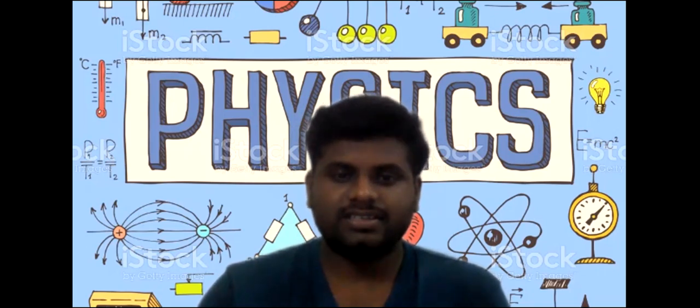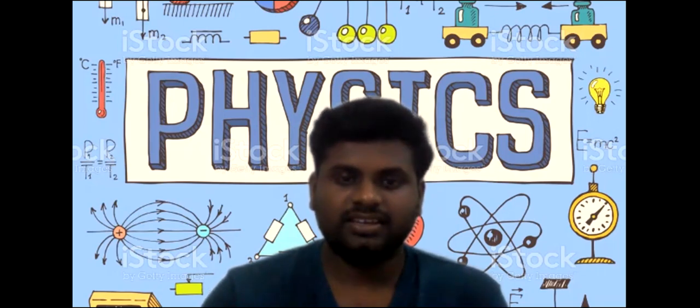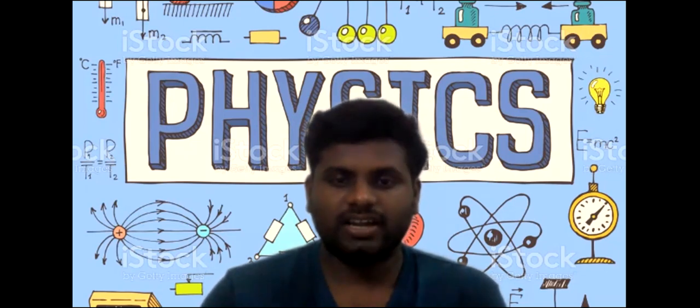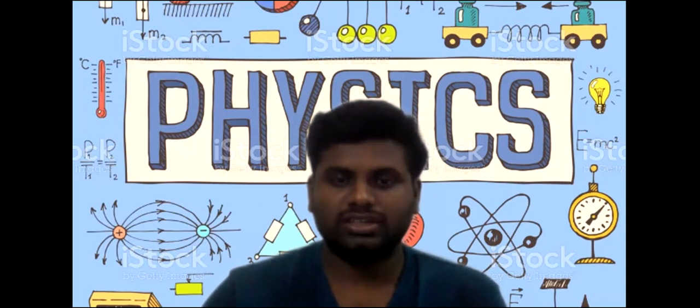In part 1 we discussed the properties of charges, frictional electricity and units of charges. In part 2 we'll discuss Coulomb's law in vector form and different types of charge densities, that is linear charge density, surface charge density, and volume charge density. Each and every concept we'll discuss in detail in part 2. This is very important. In Coulomb's law, we'll get 2 marks in CBSE board exams.